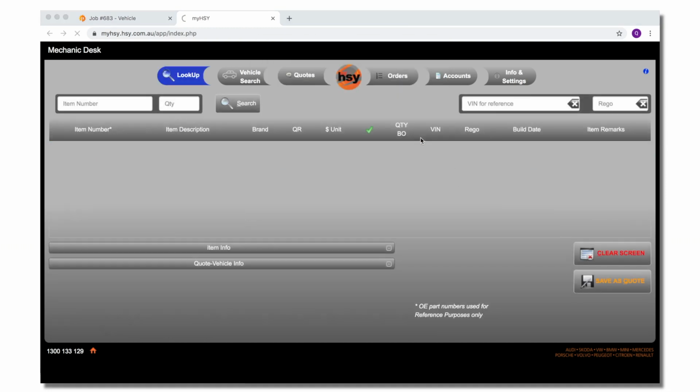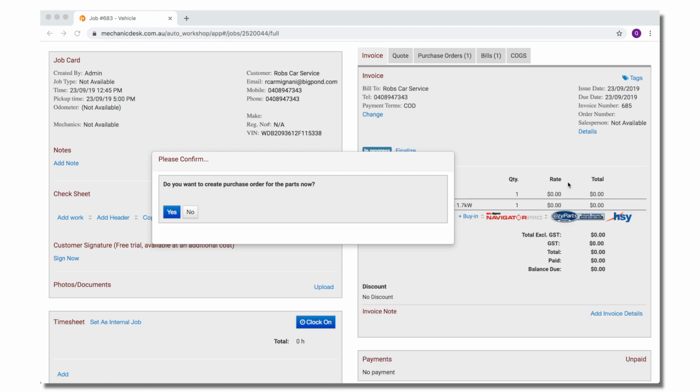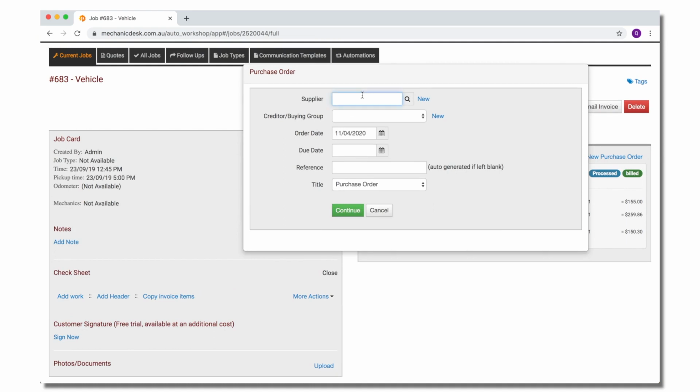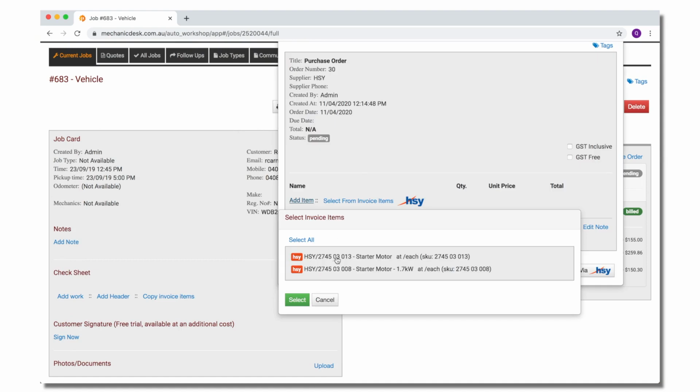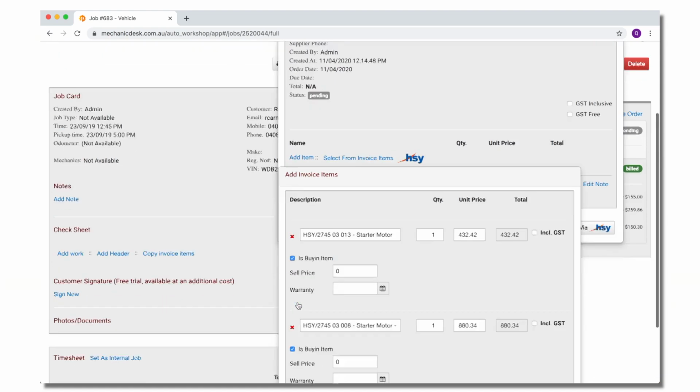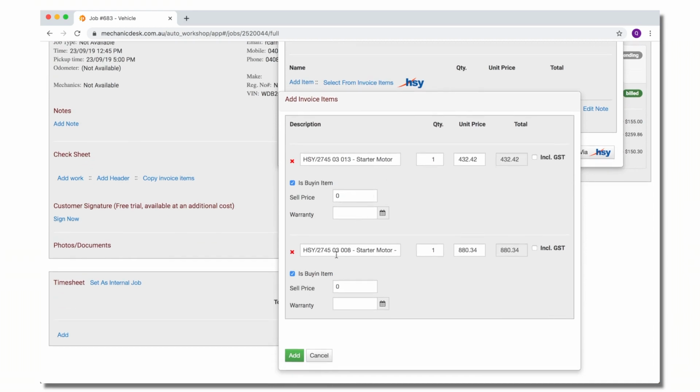The invoice on the MechanicDesk site now shows the ordered parts, and you will be asked if you want to go ahead with the purchase. Click on Yes to proceed to the Purchase Order pop-up to confirm the supplier. Click Continue to select the invoice items, then the Select button to view the purchase price and Add to complete